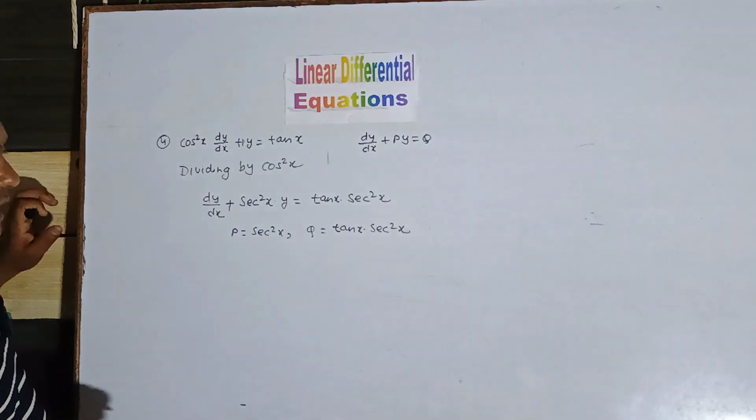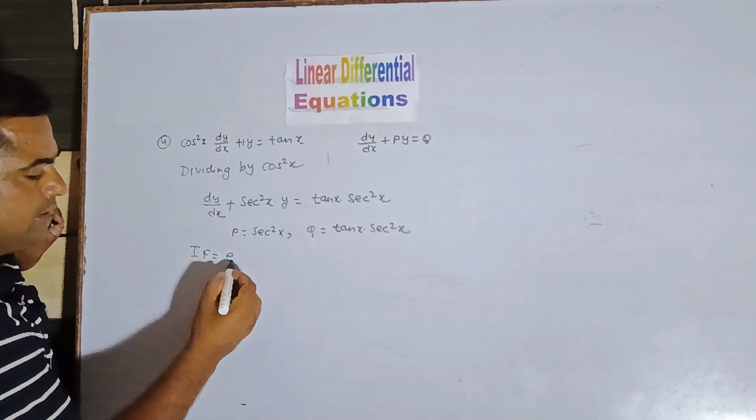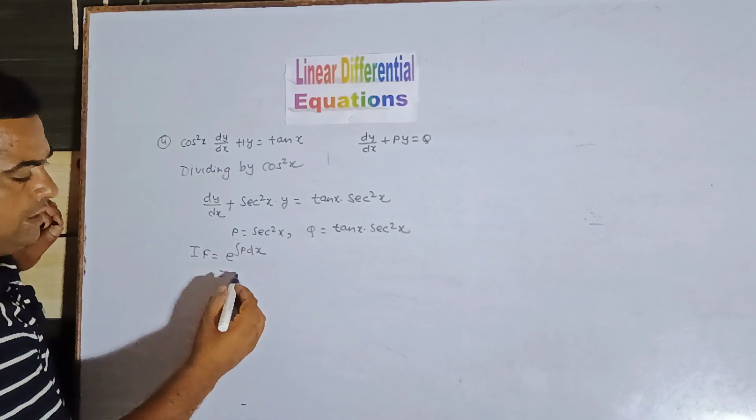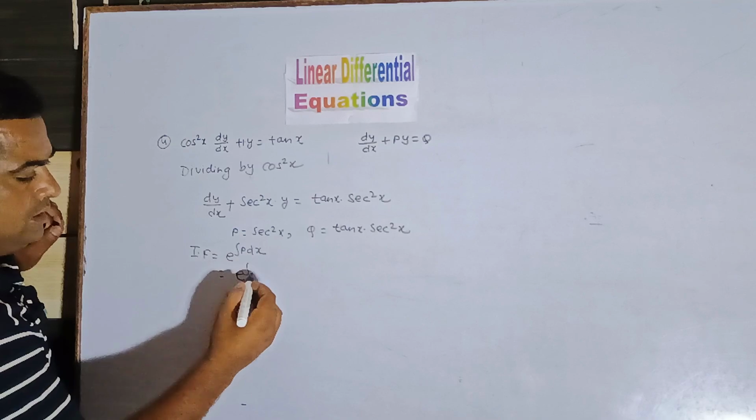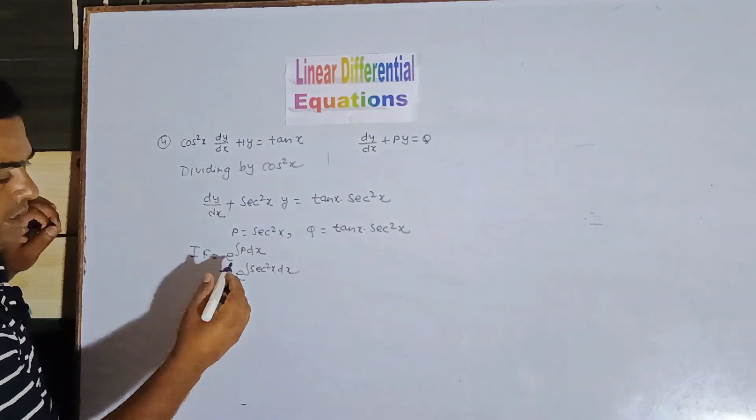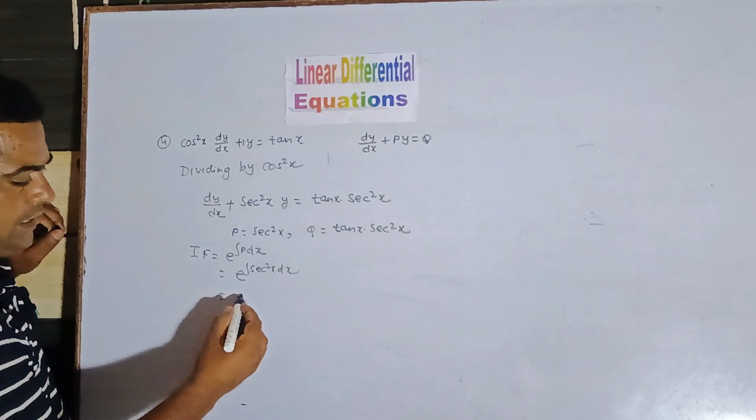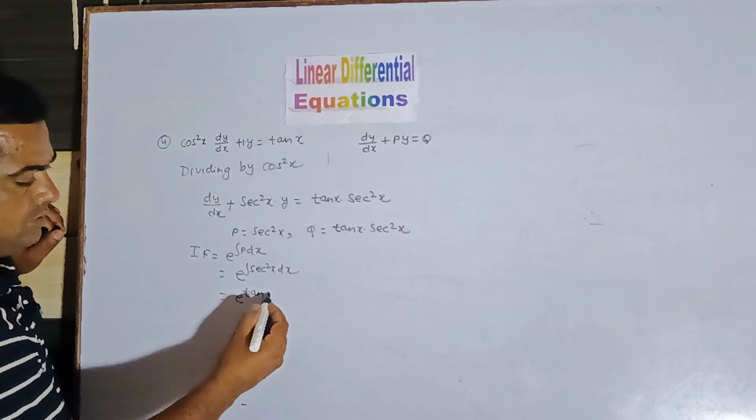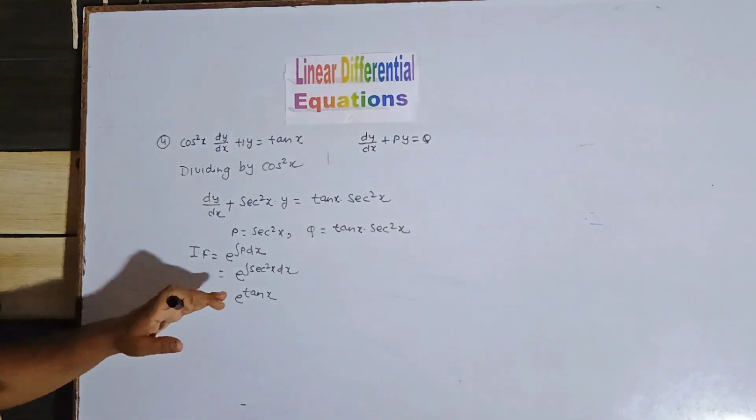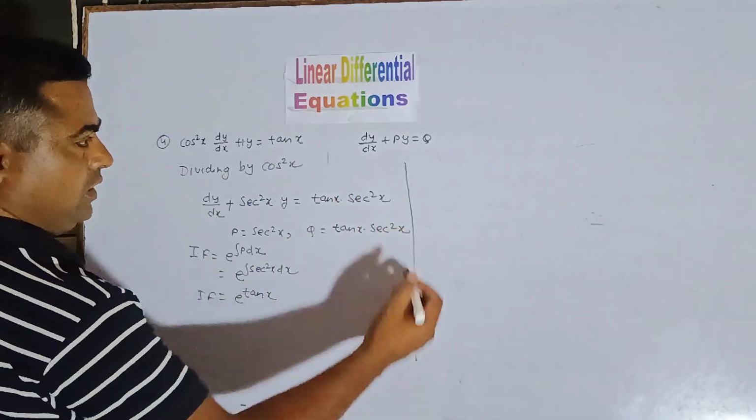Students, we will find the integrating factor. The value of IF will be e to the power integral p dx. What is the value of p? This is sec square x into dx. The integral of sec square, we know very well, is tan x. So the value of the integrating factor will be e to the power tan x. Now what will be the solution? The solution will be